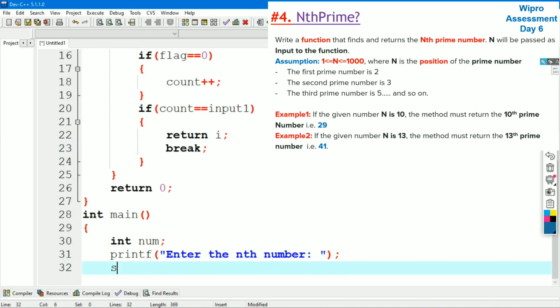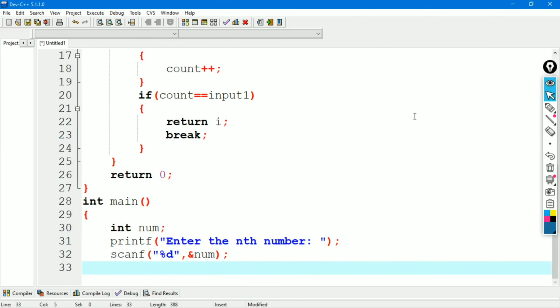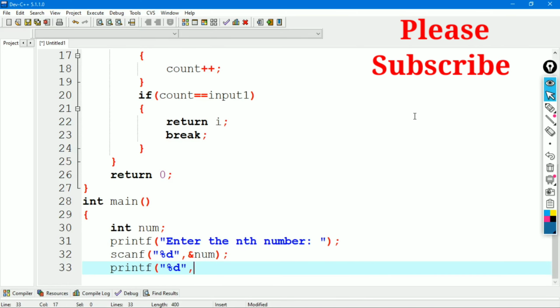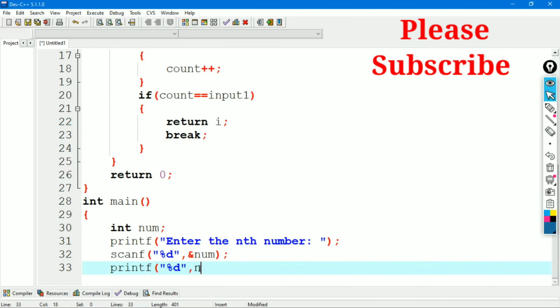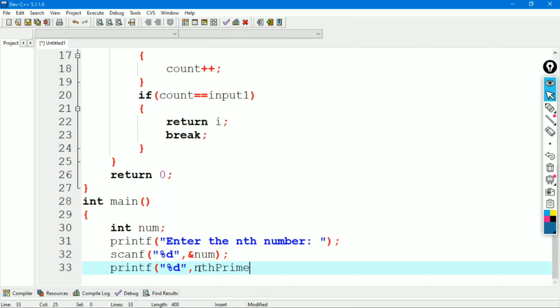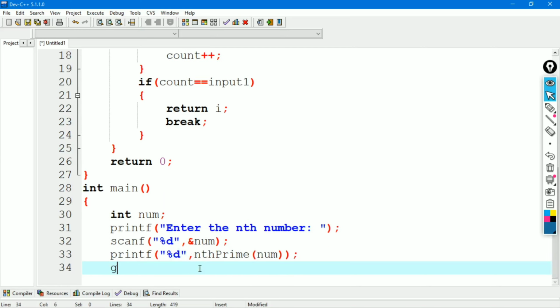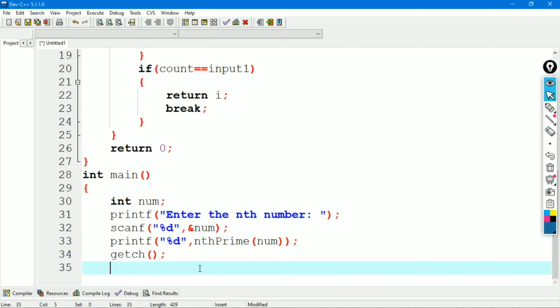And we will read it from the keyboard: %d, ampersand number. At last we will call the function with %d. Here our function name is nth prime, so we will write nth prime and pass the number variable to the function, and after that getch and close.